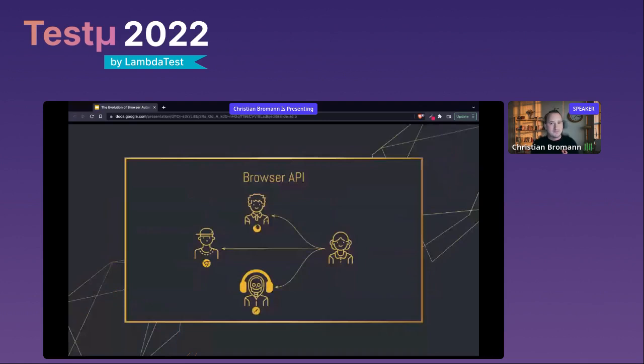The problem with these browser APIs is that they all work differently. Every browser has a different browser API that works differently, and they are unfortunately not really documented outside of browser teams, and they also change a lot. From one version to another, there's no backwards compatibility. So every time you have a new Chrome release, you will have to update Puppeteer in order to test the